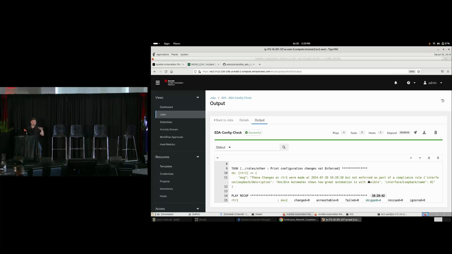So that's the end of the demonstration. So again, the first one was my own custom compliance check. Then we looked at STIG, and then we looked at a configuration that was not a protected configuration. So with that being said,